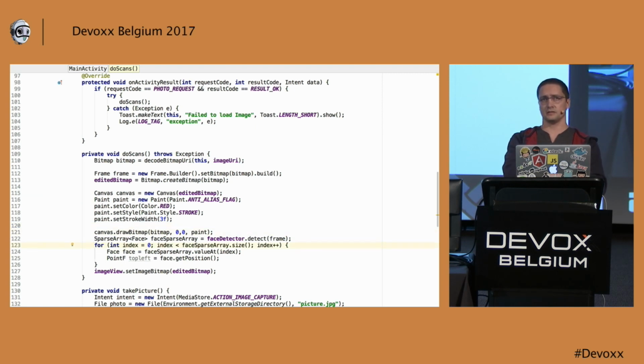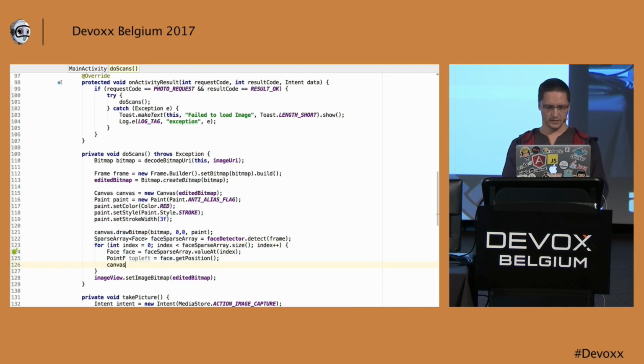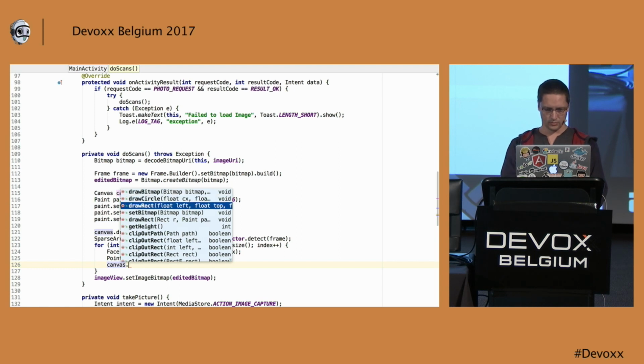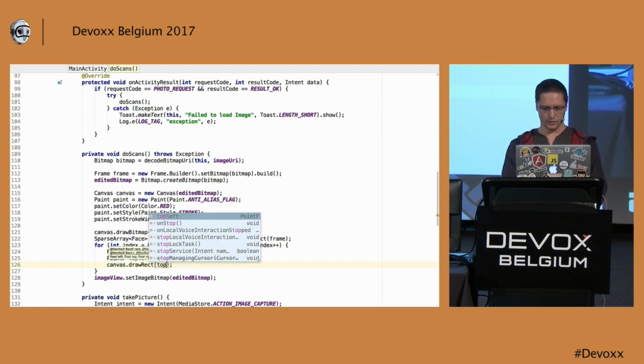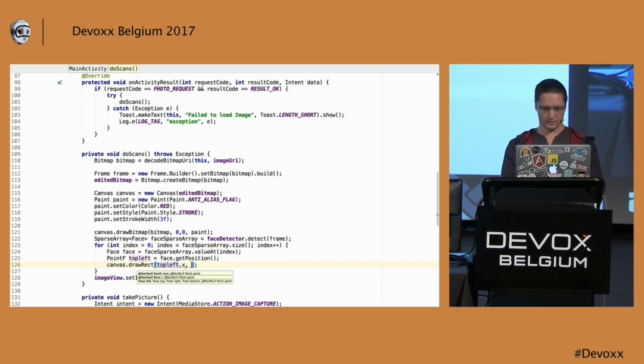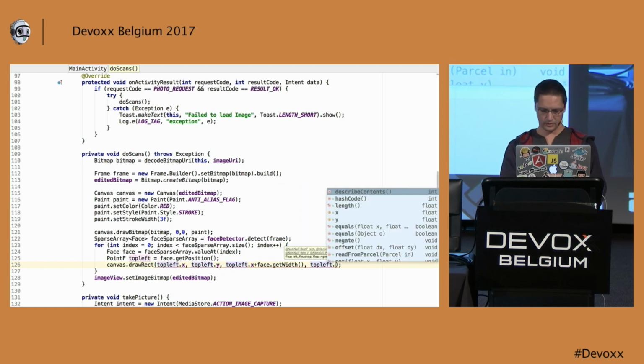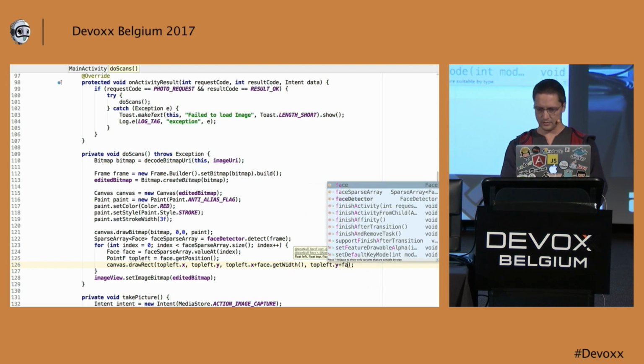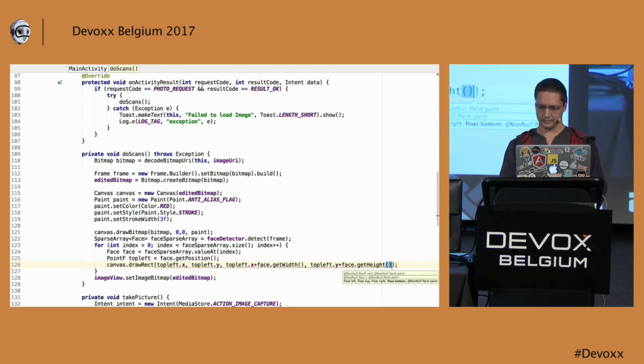My bitmap is copied, and now I can draw on the canvas, canvas.drawRect from the topLeft.x, topLeft.y, topLeft.x plus the face width and topLeft.y plus face.height and some paint.